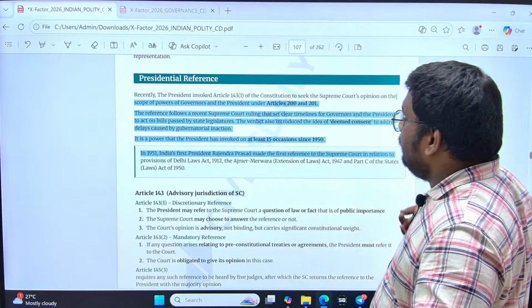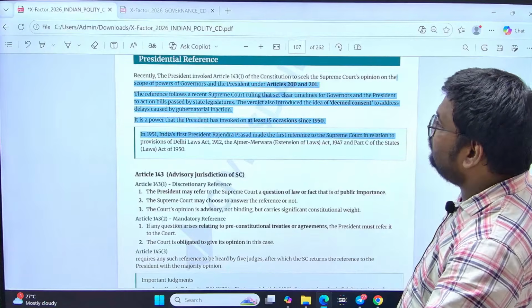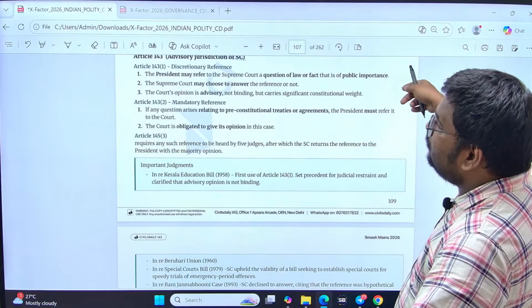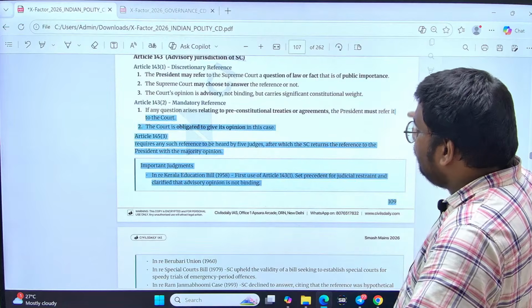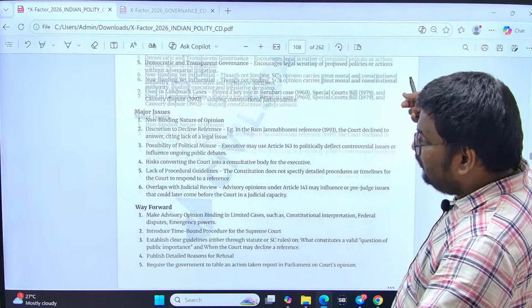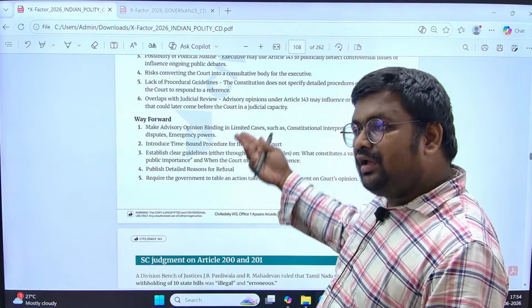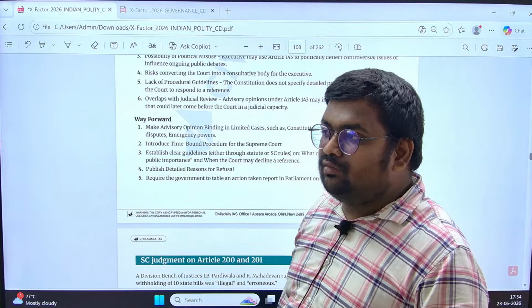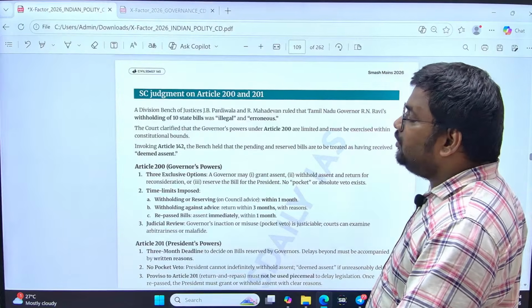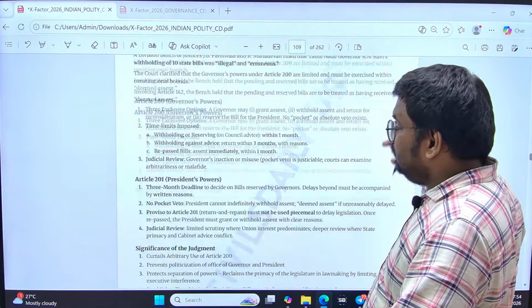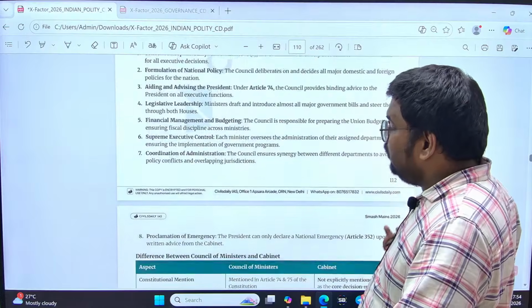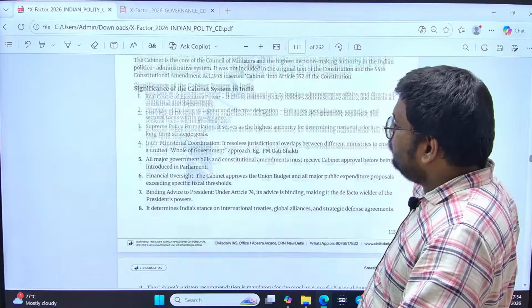तो वो भी we have covered in the recent context, ठीक है, with respect to Article 200, 201, तो उसका भी the specific articles, उसके related important judgments, ठीक है, then significance of 143, major issues way forward, ठीक है, question आएगा तो भी इसी पे आएगा, इसके beyond तो नहीं आएगा, तो current affairs also, then Supreme Court judgment itself on executive powers of governor and president, ये भी we have covered, ठीक है, then council of ministers briefly and cabinet,